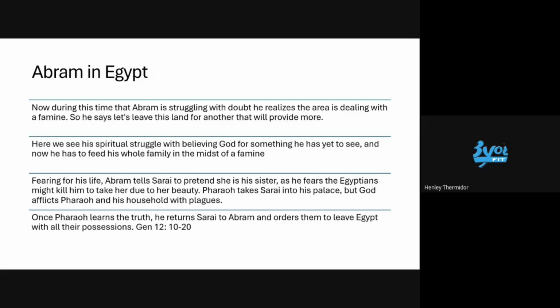Pharaoh sees Sarai and asks, who is this? He says, it's my sister. Pharaoh says, okay, your sister is beautiful. I want to add her to my harem. Pretty much, this is just my women that I'm going to be with. And immediately, Pharaoh takes Sarah. And in that moment, he is lavishing Abram with a place to stay, gives him a nice house, gives him more lambs, gives him more money, gives him more everything. So now Abram has doubled what he had.